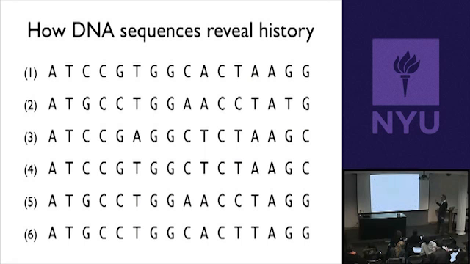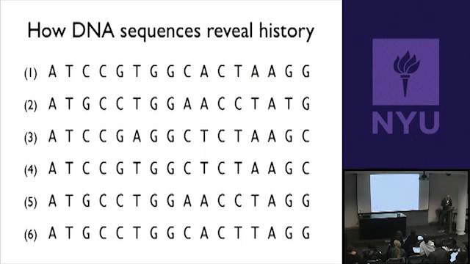And you can see that because they all start with A, and if you blur your eyes, they all look like approximately the same sequence. But there are differences, okay? So for example, where this sequence has a C, this one has a G. Where this one has an A, this one has a T, and so on. Okay? So we can use these sequences to figure out how these organisms, 1 through 6, are related to one another. Okay? And the first thing we do is we simplify the problem.